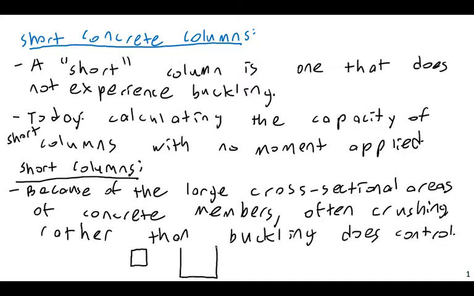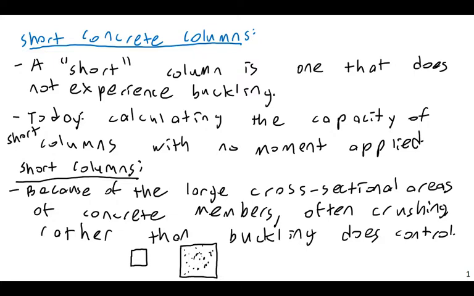Instead of a small hollow square steel tube, you might have a quite solid concrete column. You know from experience that concrete columns are going to have a much larger cross-sectional area for the same strength as compared to